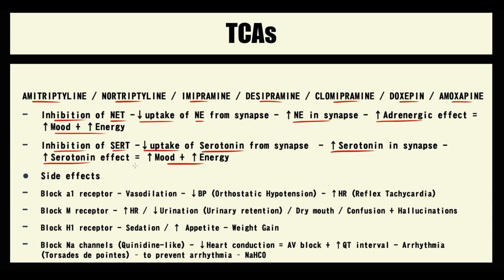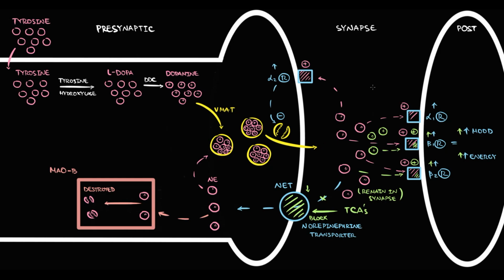The major problem with tricyclic antidepressants is a huge amount of side effects. First of all, tricyclic antidepressants block the alpha-1 receptor not only in the CNS, but also in the blood vessels. Once the alpha-1 receptor is blocked, vessels dilate. With the vasodilation, resistance of the blood vessels decreases. Recall that blood pressure is equal to cardiac output times systemic vascular resistance, and cardiac output is stroke volume